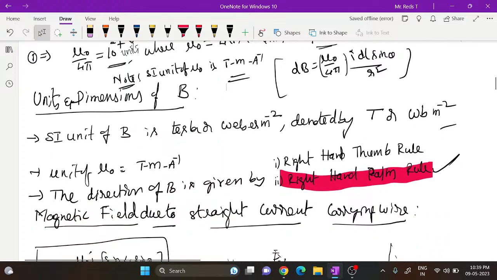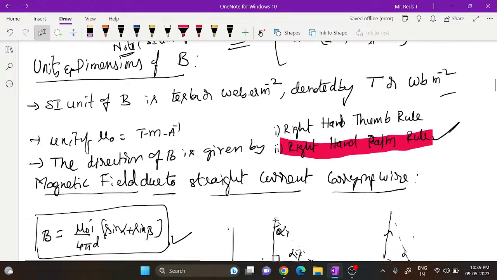Now, briefly, a few important points about units and dimensions of magnetic field. You can pause and write down these important points. The SI unit of magnetic field can be taken as Tesla or Weber per meter square. The Weber per meter square unit will be considered